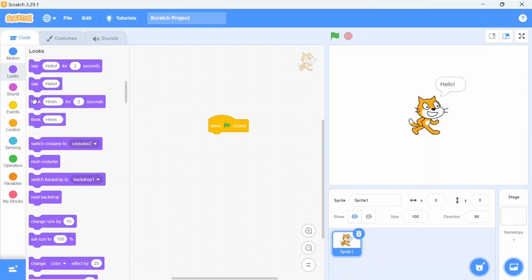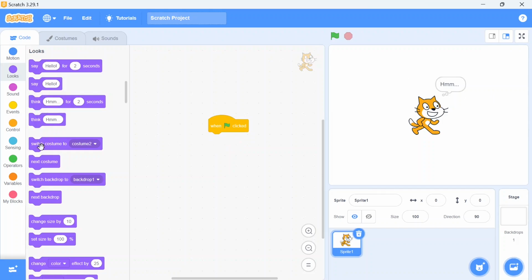Next one, it's think. You can see once I click on the flag, you will see the effect. It's showing the thought bubble, meaning your sprite is thinking now. It will disappear in 2 seconds. You can increase the value of the seconds also. Like I mentioned, it's 6 seconds, so it will be showing for 6 seconds. Now another one, we can use the think block, same like the say block, and it will not disappear as per the time demands. Until I remove this block, it will show like that.